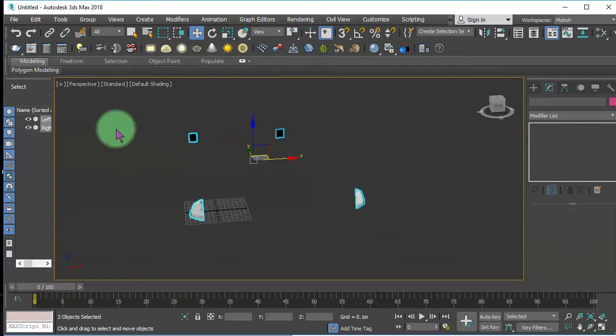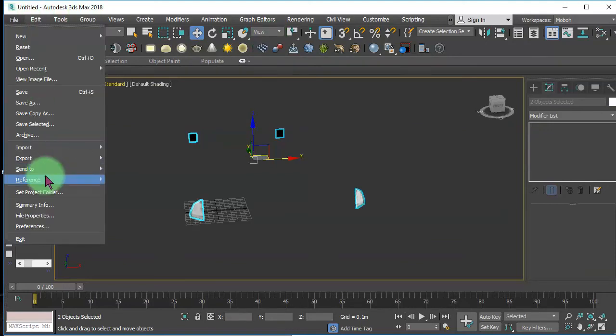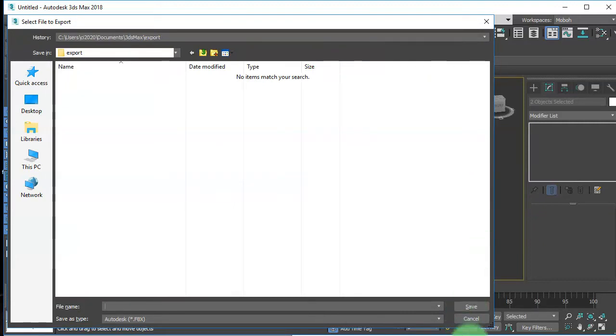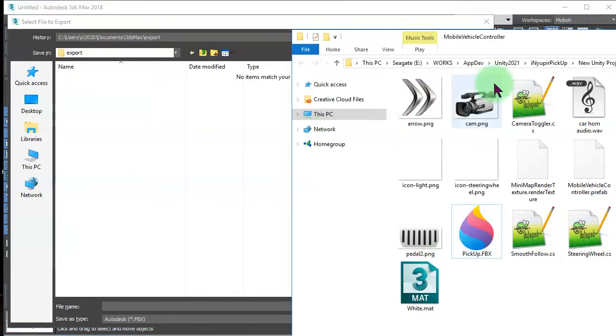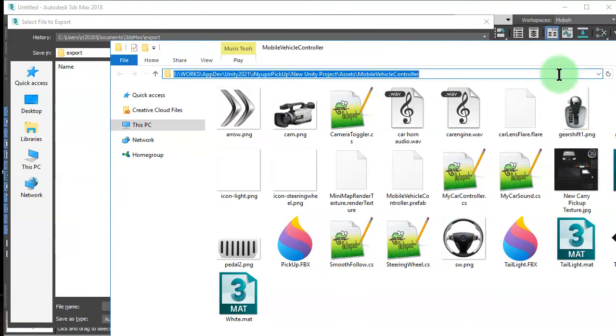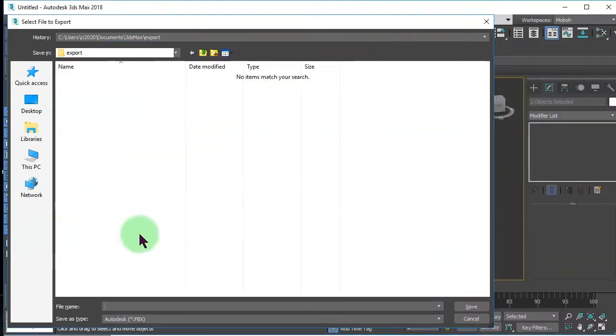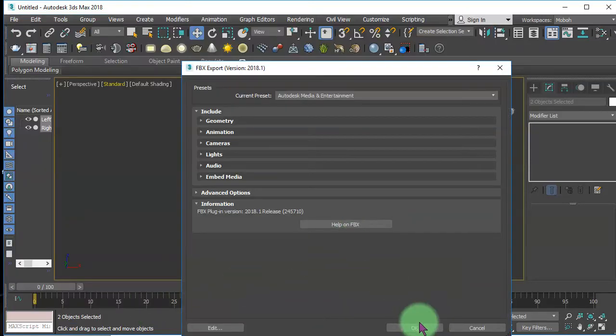And then we export this object. I will export to this directory. I copy the location and here paste, enter. I name it left right turn lights. Okay,